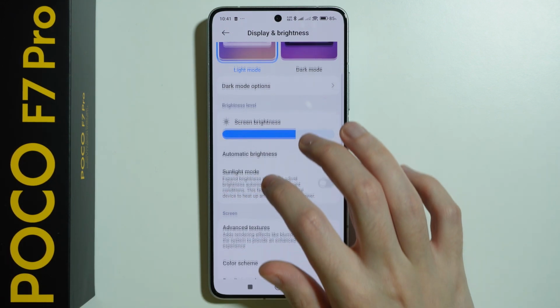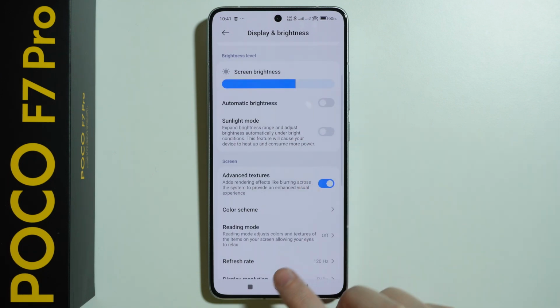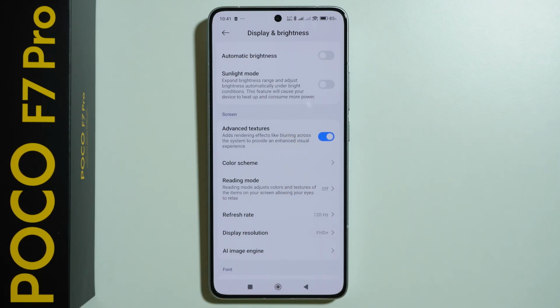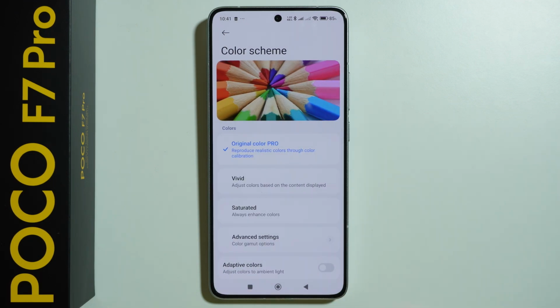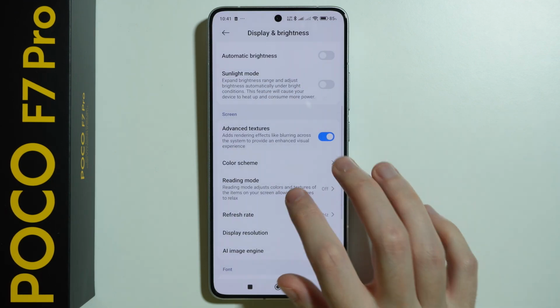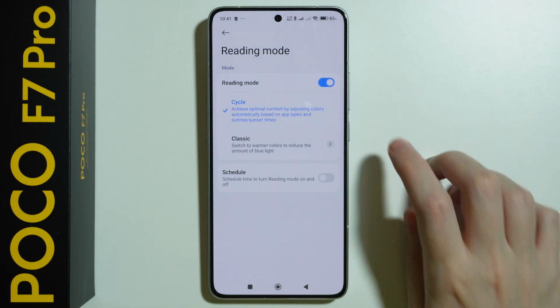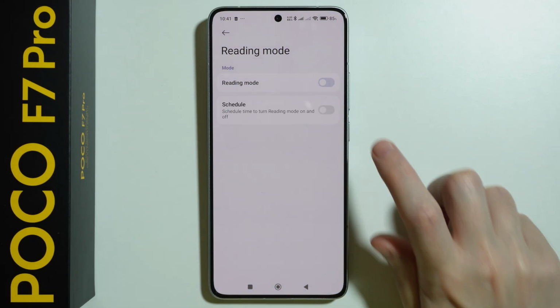If automatic brightness is disabled, then we have the sunlight mode. We have advanced textures that provide additional enhanced visual experience. Then we have the color scheme options, we can change display colors. We have the reading mode, which turns the screen yellow or orange, so that it is more comfortable to read